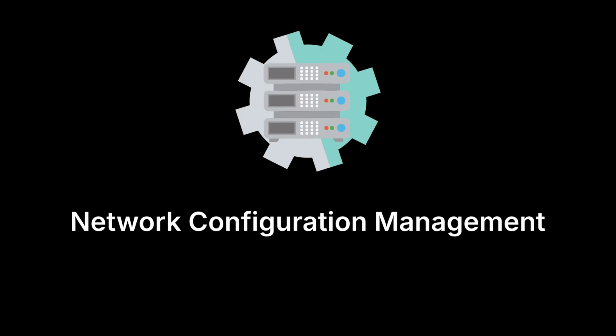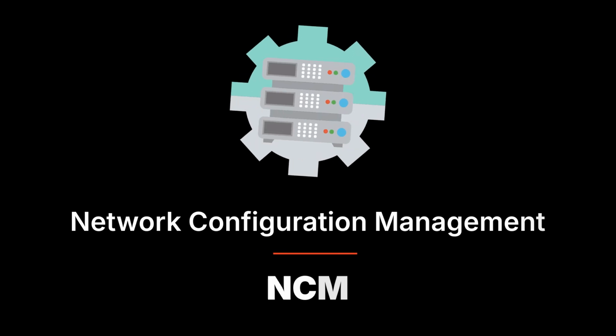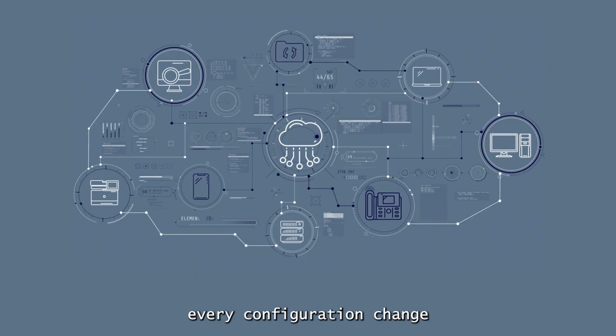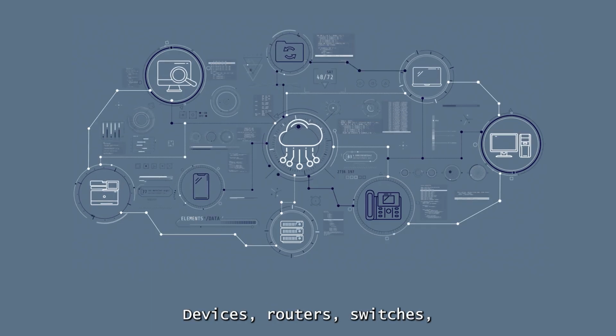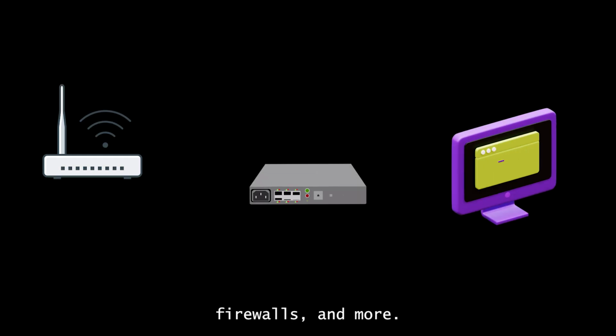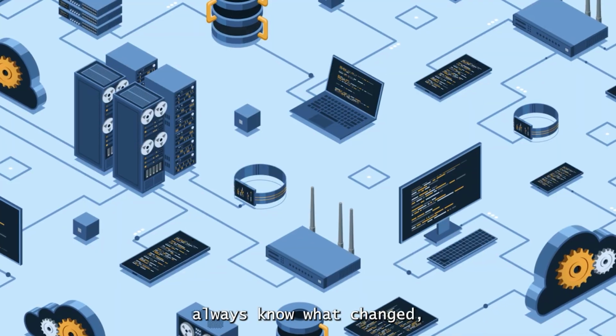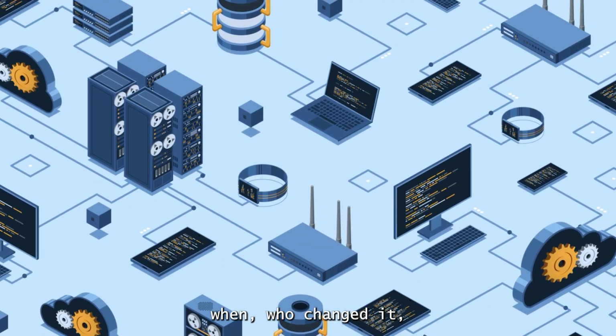Network configuration management, or NCM, is the process of tracking, controlling, and auditing every configuration change made to your network devices, routers, switches, firewalls, and more. It's like version control for your network, so you always know what changed, when, who changed it, and how to